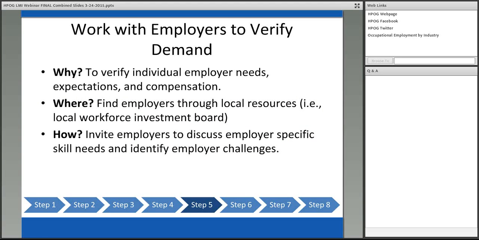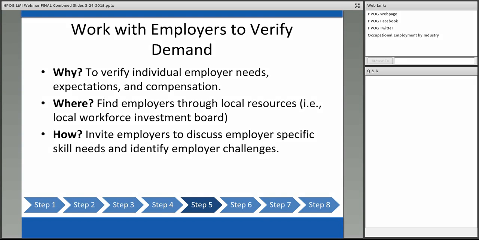So after gathering all of this data and looking through all these figures, it's also important to have informed conversations with employers who can help verify this information, and also share their own expectations around what they think in terms of future hiring. In terms of finding employers, we always recommend that programs go to their local workforce and investment board to find employers, but there are also online directories that can be very helpful.